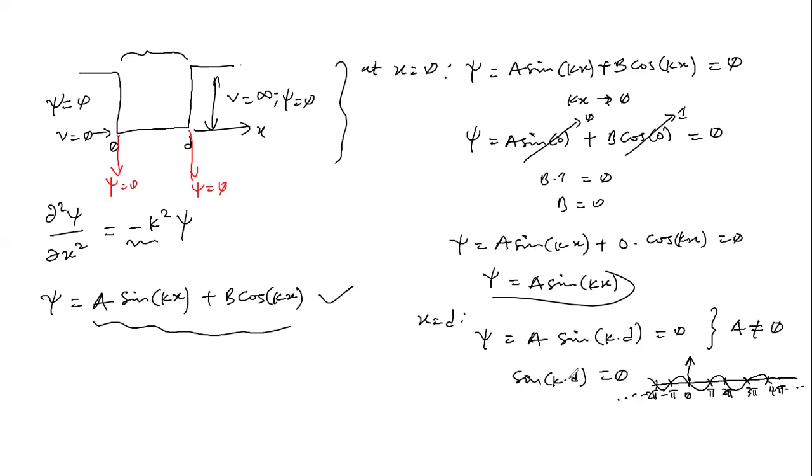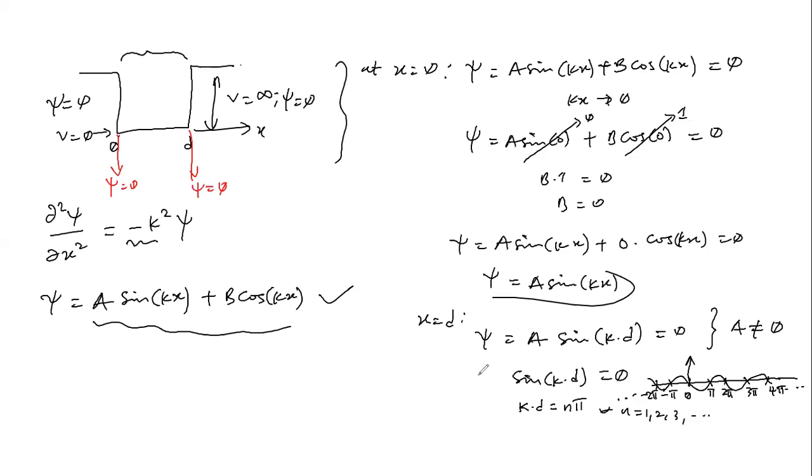So at pi intervals, sin kd will be 0. So it means that k times d must be equivalent to n pi, for which n takes on values 1, 2, 3, all the way, where n equal to 1 gives pi, then 2 pi, 3 pi, 4 pi, all the way. This is the only condition that will make sin kd the same as 0. Okay? So if that is clear,